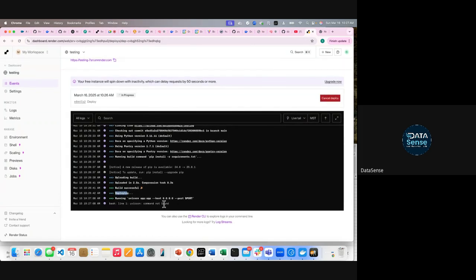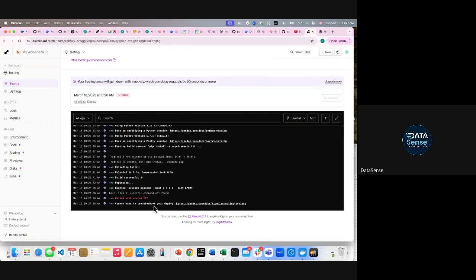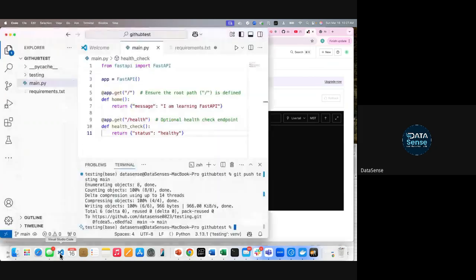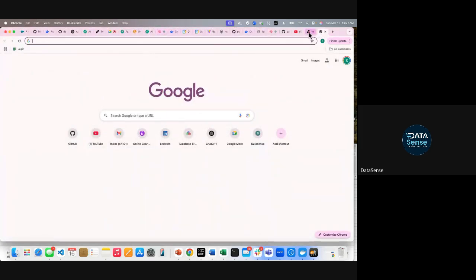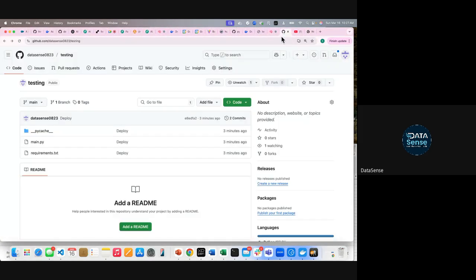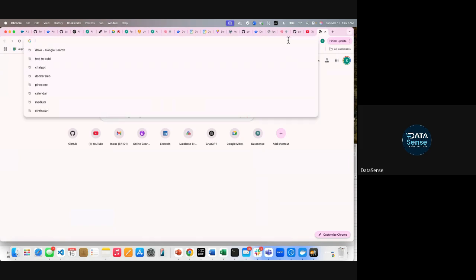uvicorn command not found. What is the error? Running uvicorn app port exited with status. This uvicorn command not found. Oh shit! I did app.app. Okay, my bad. I ran it incorrectly. So let's go to Render,